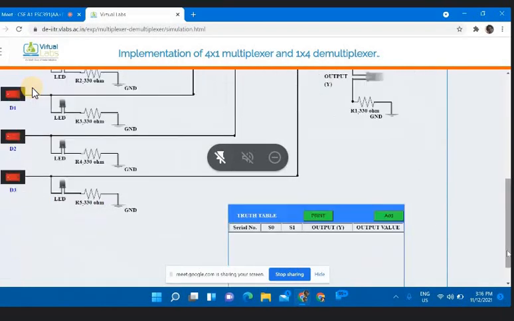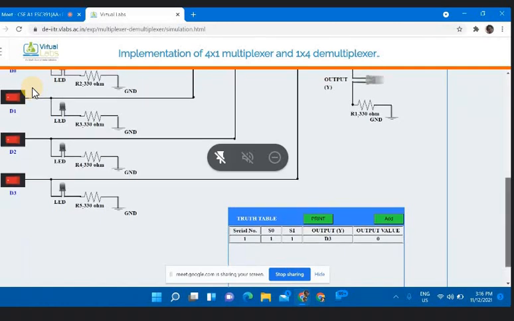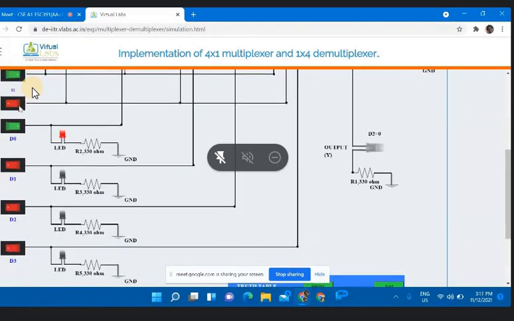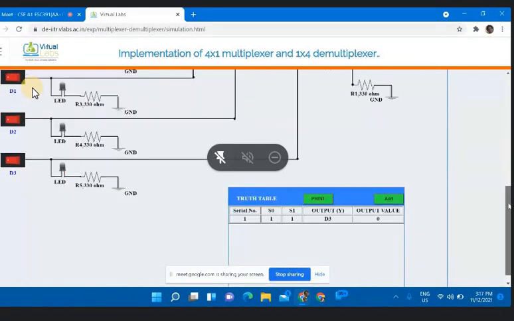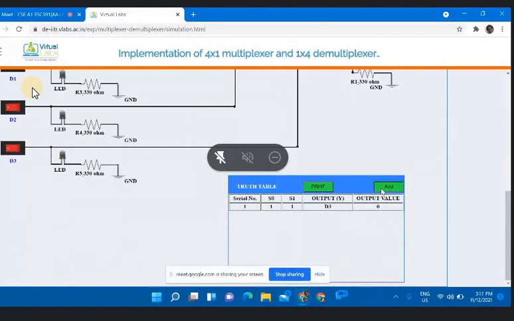Next, when I click on add, what is my output? Oh, sorry. It should be 0, 0. Ignore the first line, please. So S0 is 0, S1 is 0, and I have activated my D0 line.